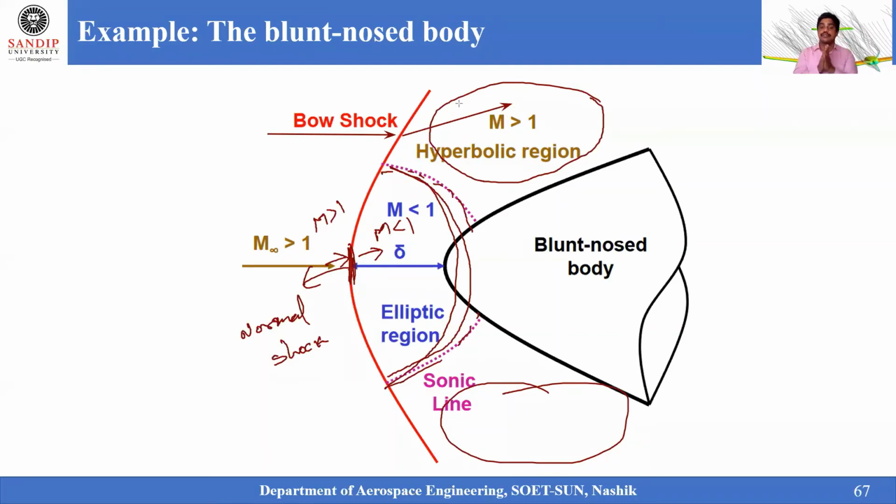For example, if you went with only the subsonic case, the solution will hit an error because the Mach number is greater than 1. Immediately at the first point it will hit an error, because it asks for the Mach number to be less than 1, which is not satisfied. And when I apply a complete hyperbolic equation, the normal shock relations will not be satisfied at this particular point, because after crossing the normal shock the flow should become subsonic. That is not satisfied. So only when I adopt the mixed equation can this type of problem be solved.